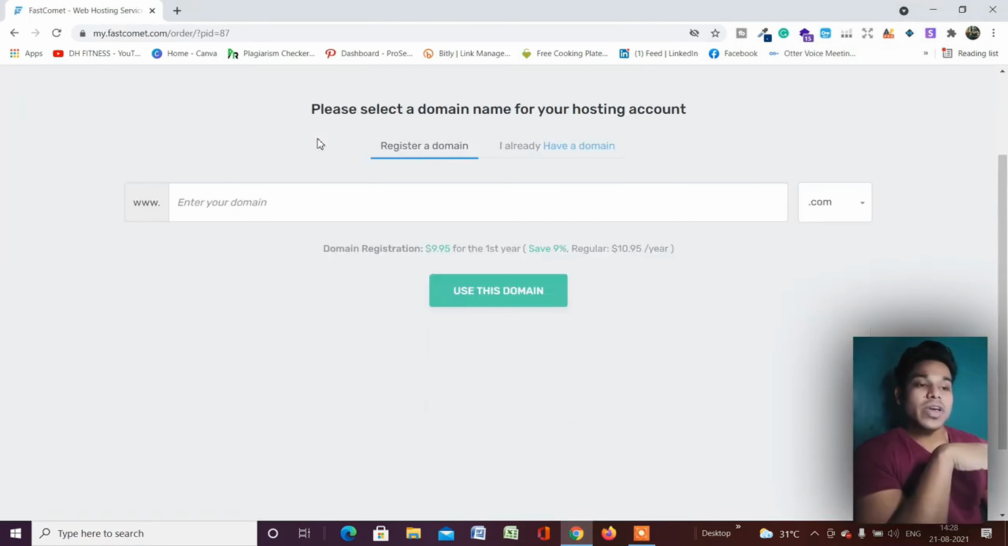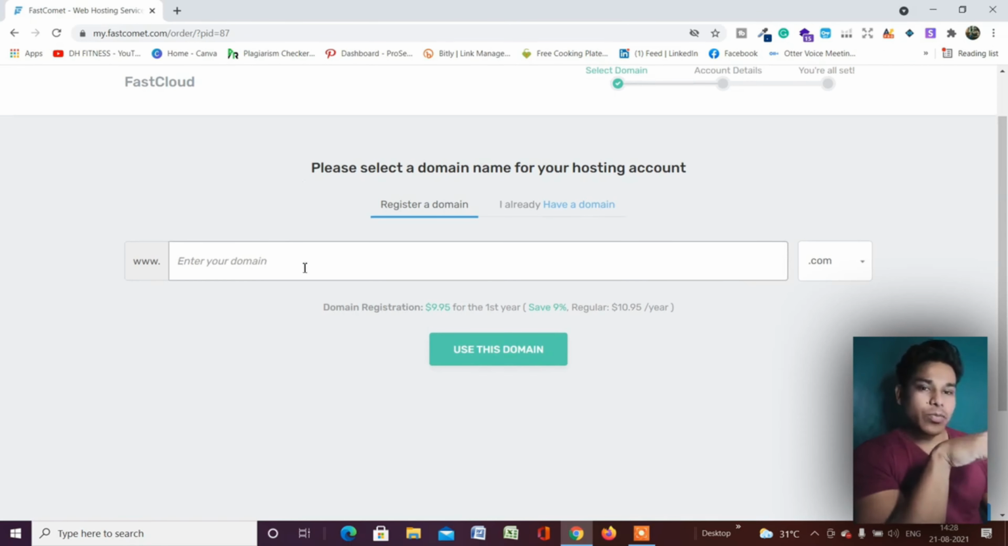So click on this, and from here you have to register your domain. If you want to buy the domain from their platform, you can buy it, or if you have bought the domain from any other platform like Mailchimp or GoDaddy, then you can go with these options and simply buy the hosting. But I'm going to buy the domain name from their platform. The domain name I'm going to buy is